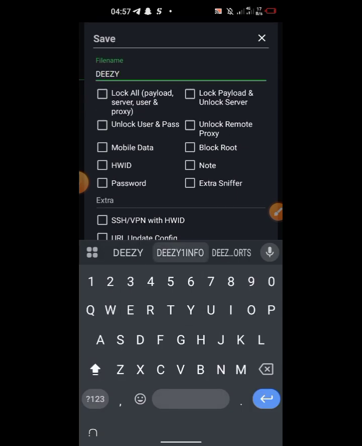Most often, if you are creating the SSH account, make sure you use the user's name. You can even use the user's name as the password.